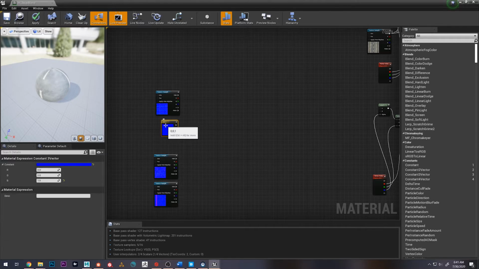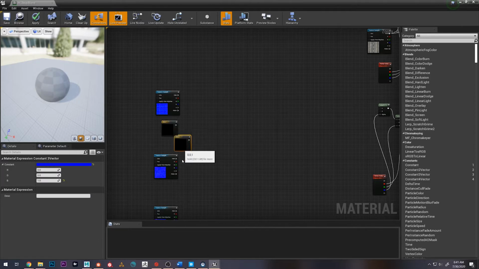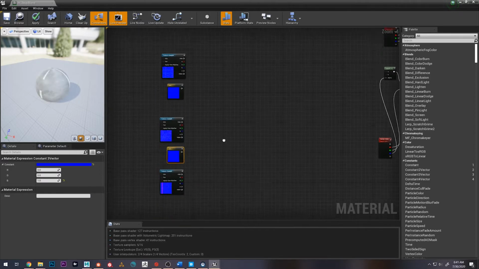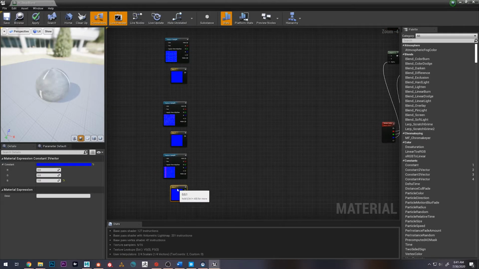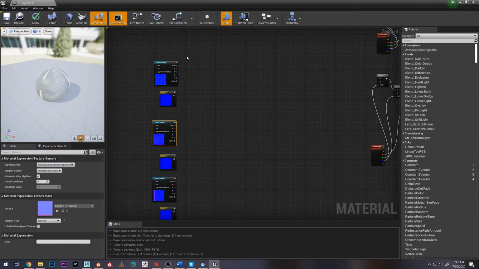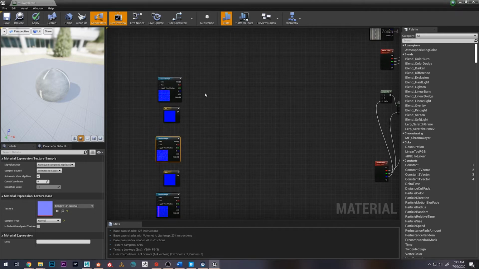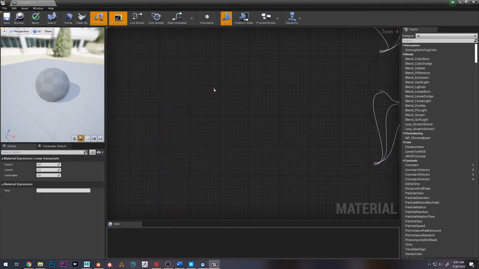So let's push this one down. I'm going to hit Control W, bring that down there, and Control W one more time. So we have one for each map. And you could probably use just one of these, but if you want to expose these to maybe another normal map that you want lerping inside of each, you can do that. But for right now, I'm just going to make 3 just because it's simpler to lay out. So I'm going to hit L, create my lerp,